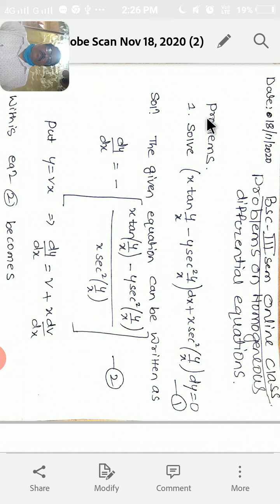Now first we have to calculate dy/dx from this expression. So this gives dy/dx is equal to −[x tan(y/x) − y sec²(y/x)] divided by x sec²(y/x). Next, in this put y = vx, which means differentiating with respect to x, dy/dx = v + x dv/dx. Then in this equation substitute dy/dx and y = vx, and we get